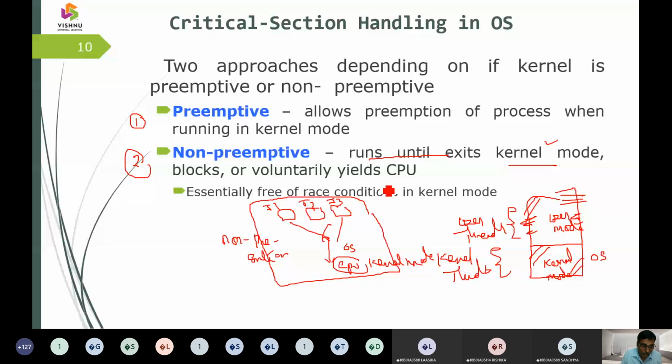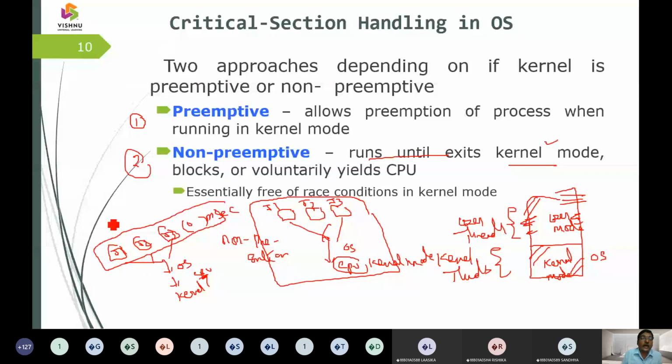Okay, now what is an example for preemption? I have job 1, job 2, and job 3, and all of them arrived at 0 milliseconds. These three are pushed to the OS, and the OS pushes them to the CPU, to the kernel. So the CPU is allotted here, and these are working at the 0th millisecond. Meanwhile, job 4 and job 5 enter the system. Job 4 enters at the 2nd millisecond, and job 5 enters at the 5th millisecond.